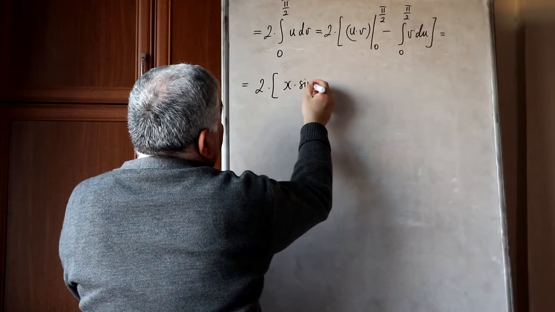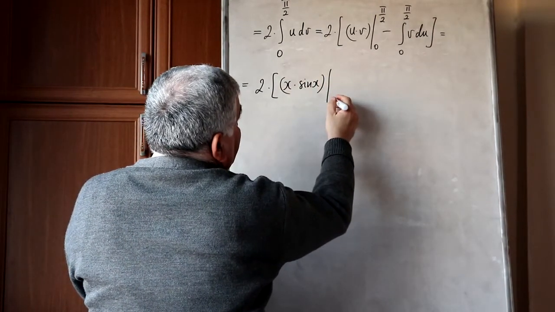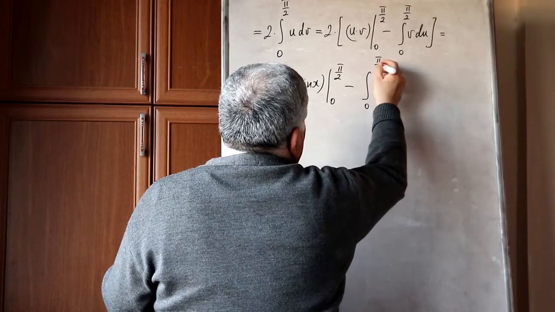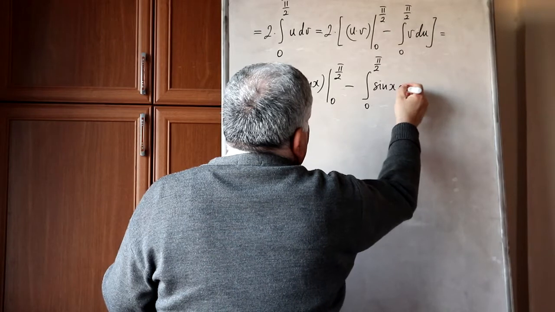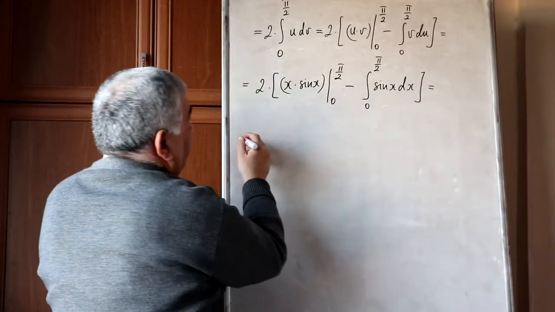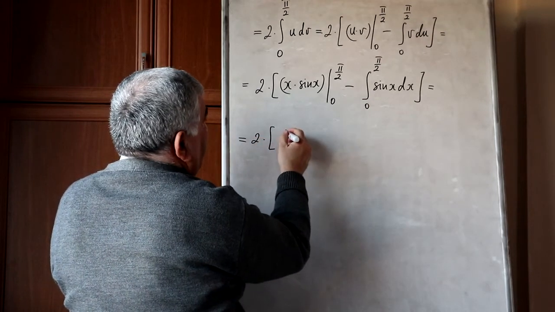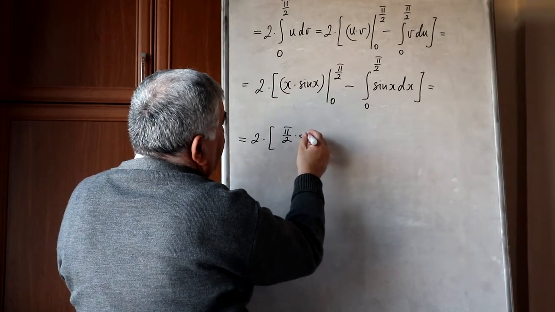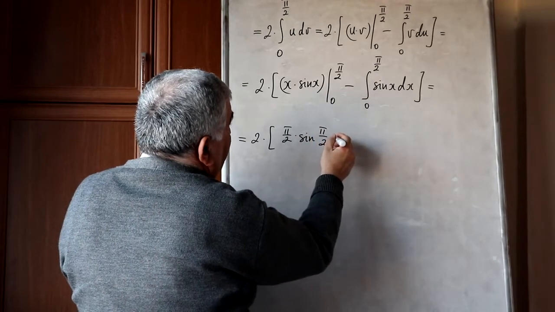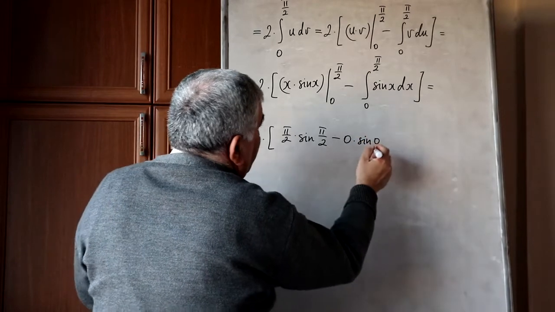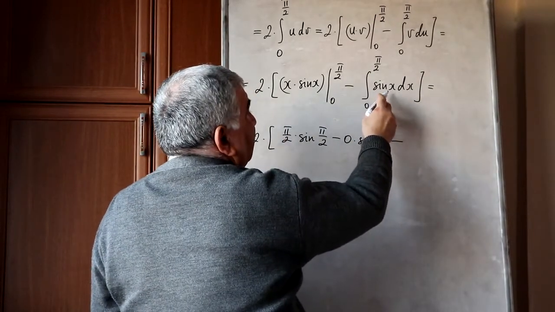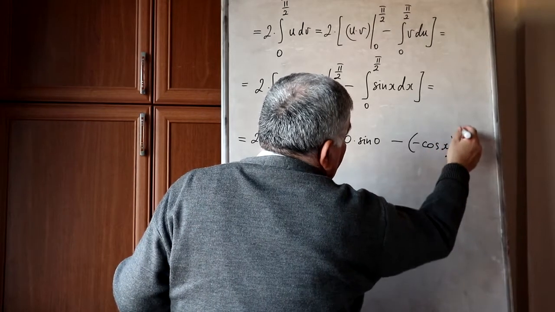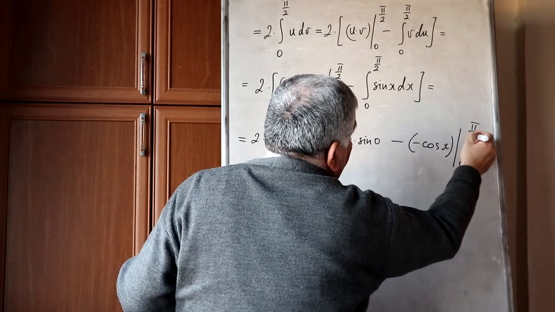X multiplied by sine x with substitution from 0 to pi in half minus integral from 0 to pi in half sine x dx equals 2 multiplied by pi in half multiplied by sine pi in half minus 0 multiplied by sine of 0 minus, here the integrand is sine x and its antiderivative is minus cosine x, minus cosine x with the double substitution from 0 to pi in half equals,